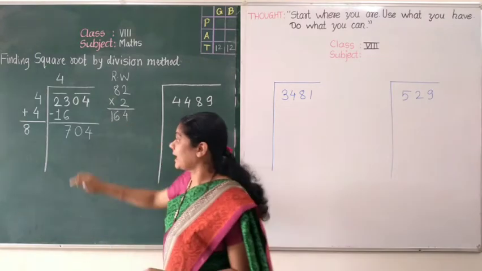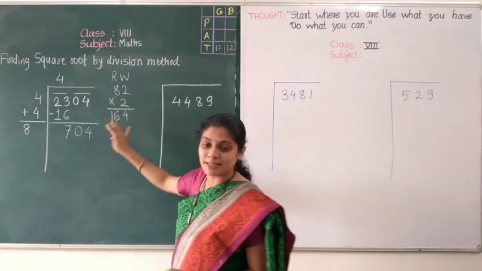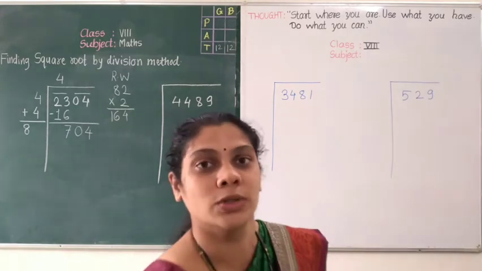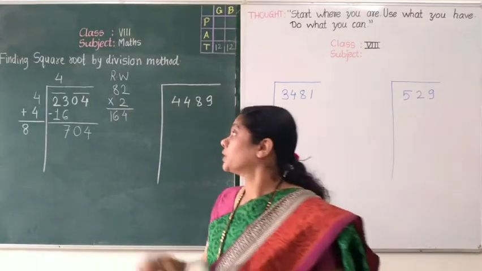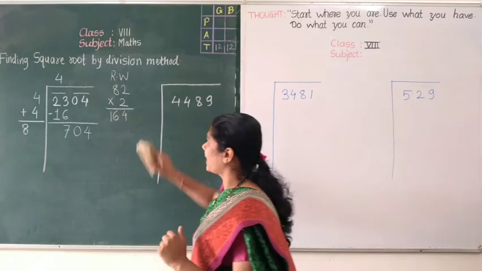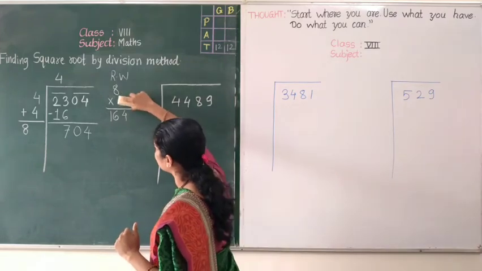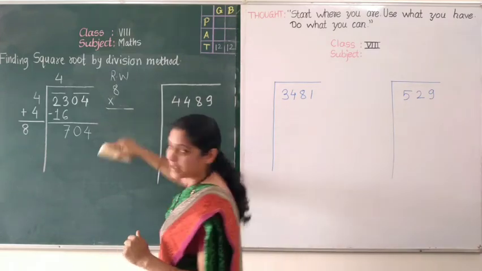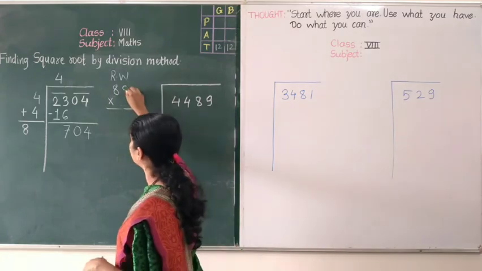तो आप देख सकते हैं ये 704 है और ये 164 है, तो ये मैच नहीं होता। जी हाँ, तो 2 तो हम नहीं ले सकते। अब किसकी बारी है? हम 8 ले सकते हैं। तो मैं इस 2 को और इसमें आंसर को मैं रफ कर देती हूँ और यहाँ पे लिखती हूँ 8।